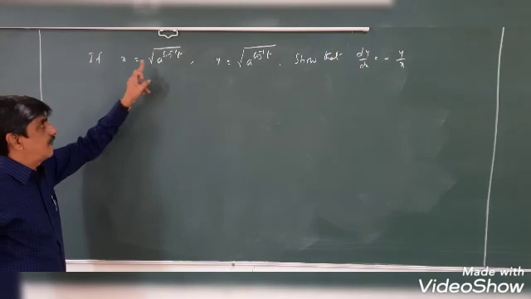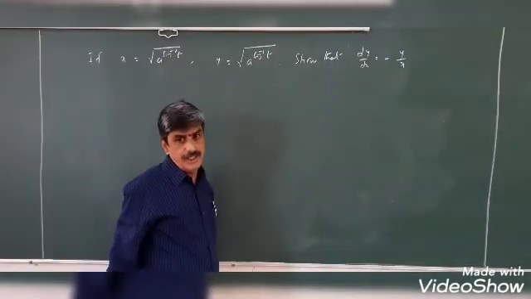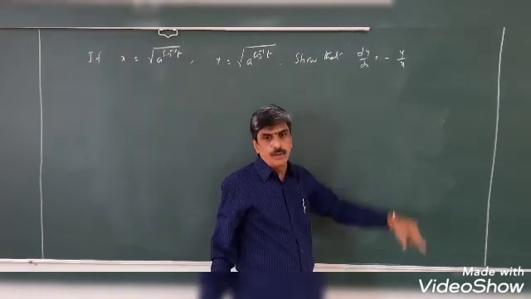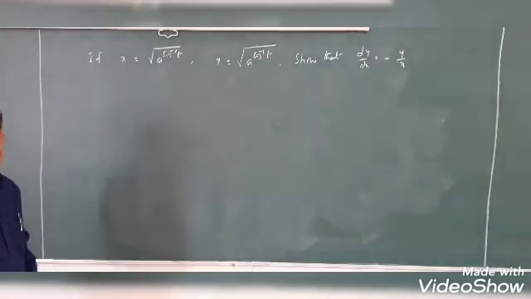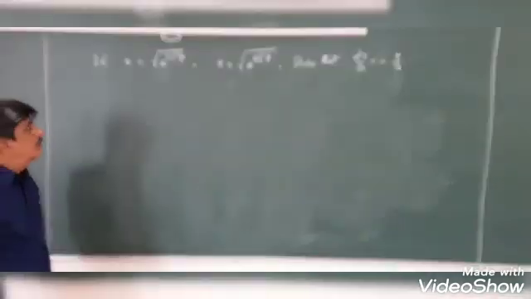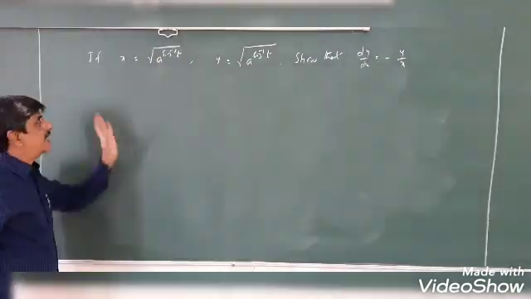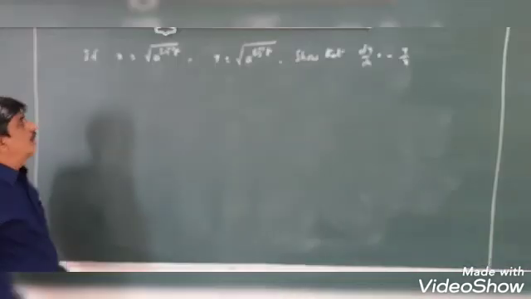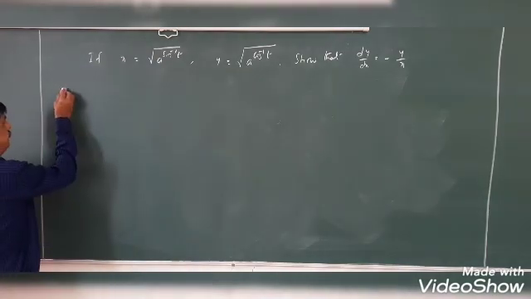So here x is a function in t, y is also a function in t. We want to prove dy by dx in terms of x and y. So we want to remove that t variable. x is a function of t, y is a function of t. So if you want to remove t, given